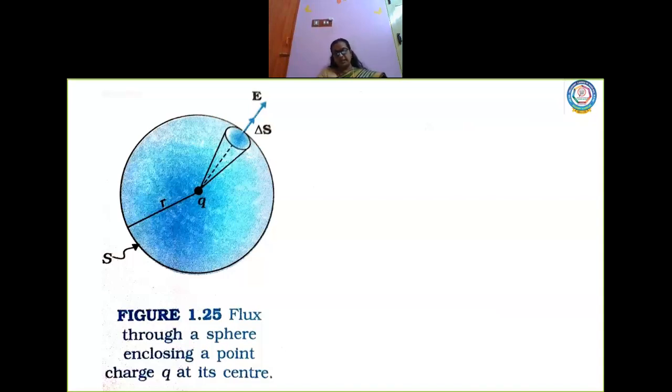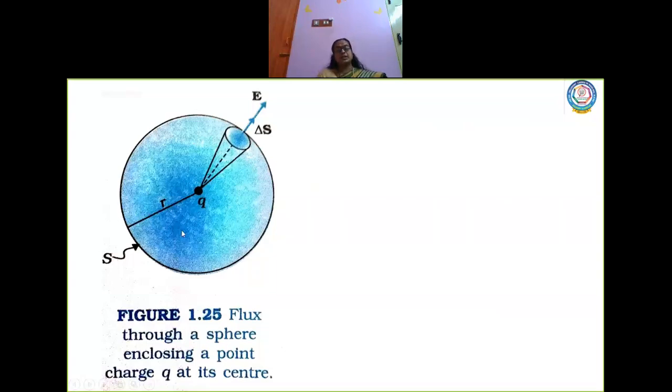So this is one of the applications of electric flux. We are going to talk in much more detail about Gauss law, with many more applications we are going to learn, right? Okay. Now consider a sphere. Now this is a sphere. Let us consider the total flux through a sphere of radius r.